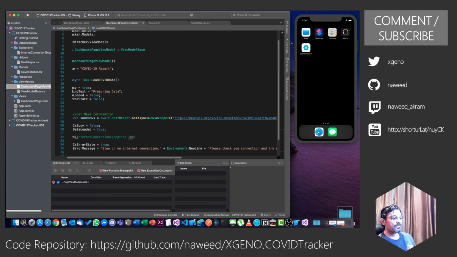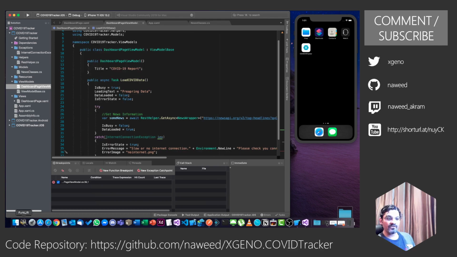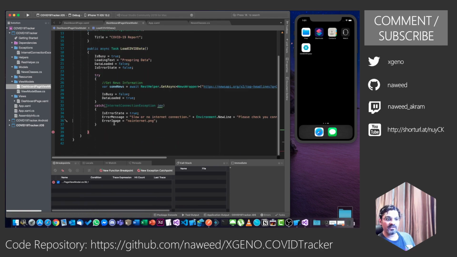And optionally, what we can also do, you remember we had an error image, so I can say my error image is going to be maybe a no internet png file. Of course, we do not have this in our project yet. We can add this to our project and we can make use of this. So this is the advantage of creating this connection.